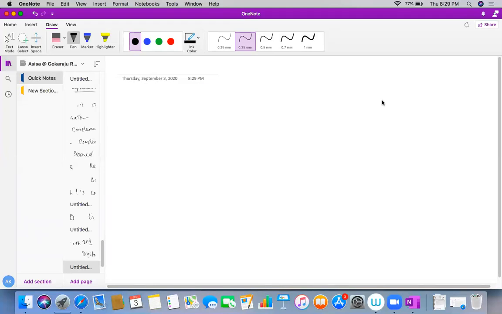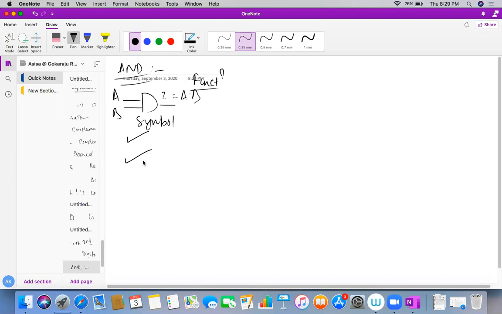So the basic logic gates, as you know, AND. I'll go very fast, you know these things actually. The AND gate is basically a 2 input AND gate. The symbol is like this, A, B, and Z is A AND B. So this is the symbol, and this is my function, the function is A AND B. Okay, and this is logical AND. It may be 2 inputs, it may be multiple inputs also. A 3 input AND gate is also possible.